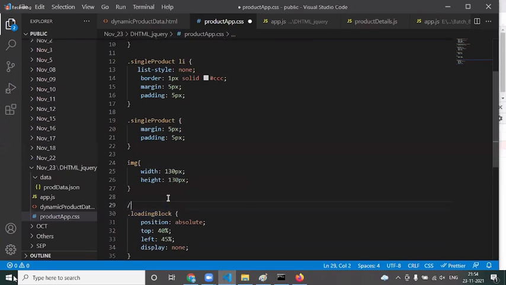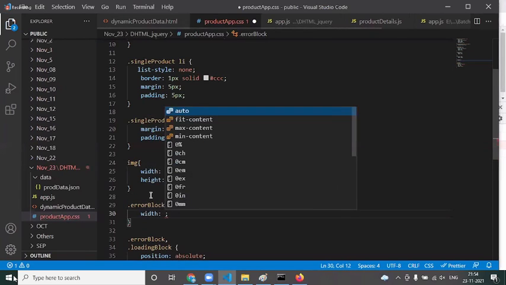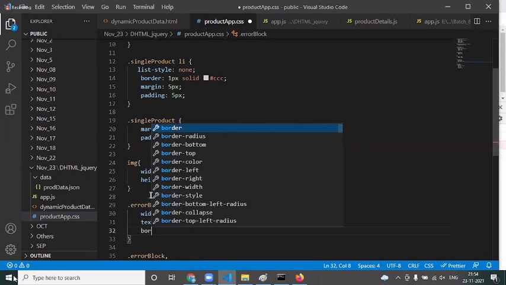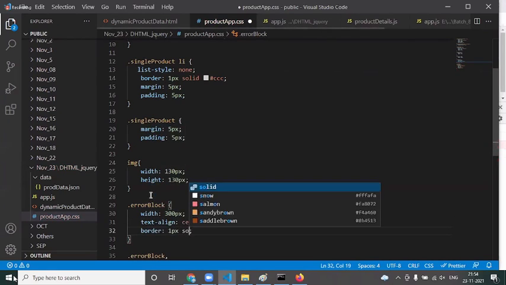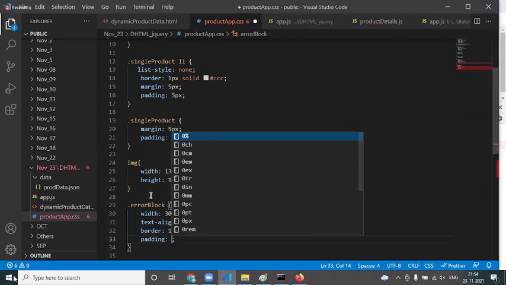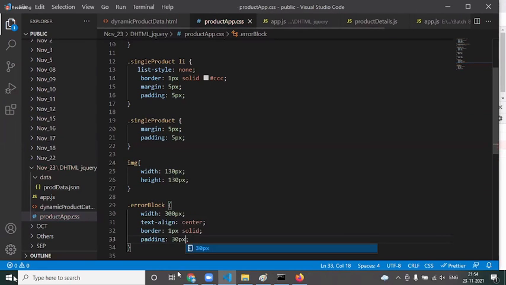Error block is also having the same, along with a width of 300 pixels, text-align center, border 1 pixel solid, padding of 30 pixels. Okay, save this.